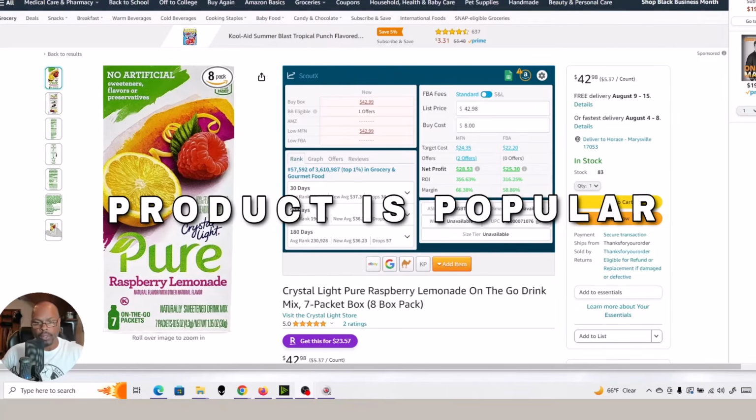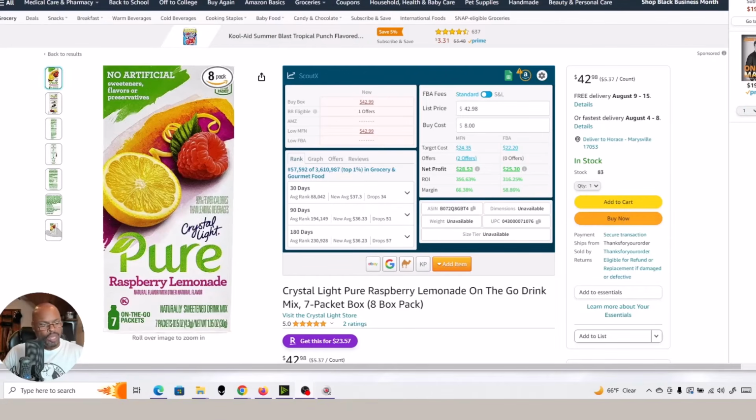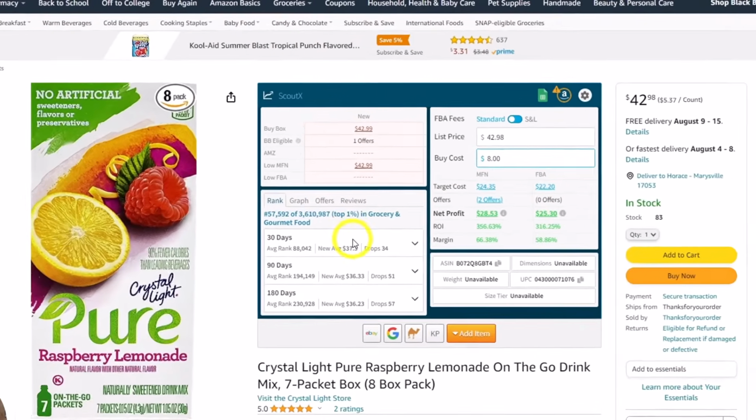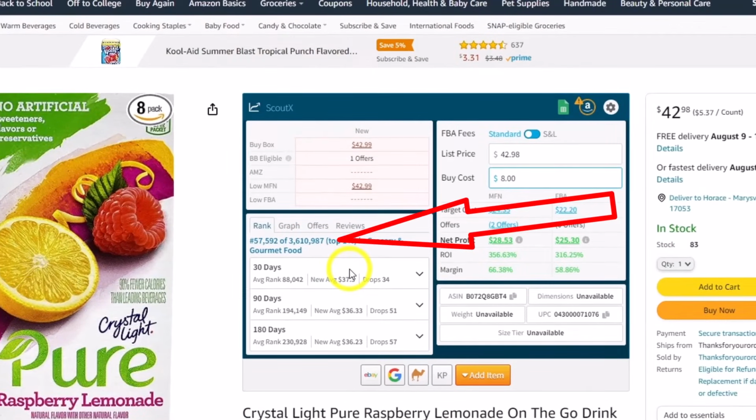Now, the next thing you want to do is make sure that the product is popular enough. You don't want a product that's going to move slow. Typically, just about anything you list on Amazon will sell eventually, but you got some slow movers out there. So how are you going to figure it out? Well, Amazon has a ranking system. And of course, the rank tells you how popular the product is. Okay, so the lower the number, the more it's moving.